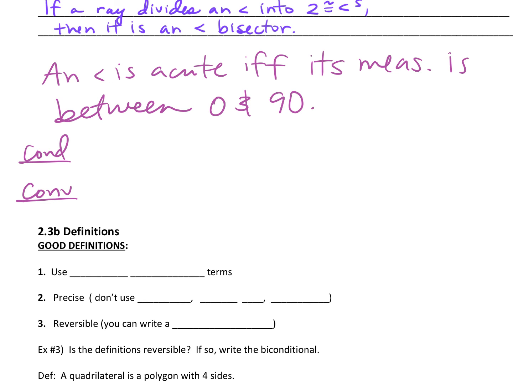Well, Bill, what's the conditional? I think chocolate. It's my favorite part. That's why I like